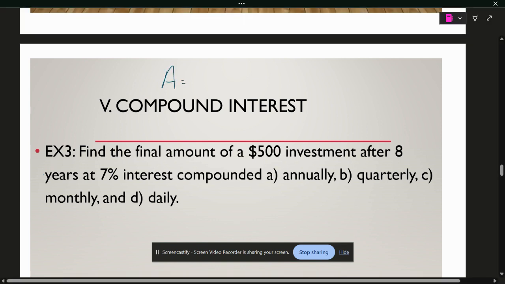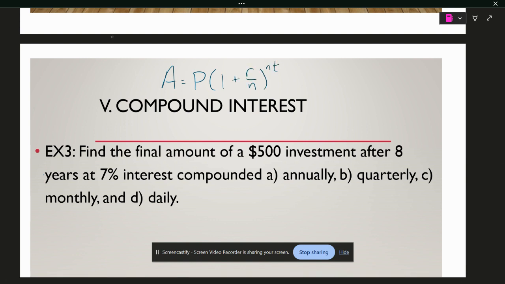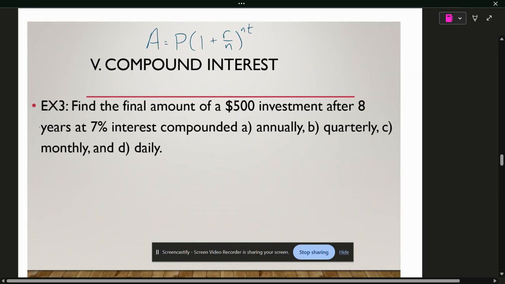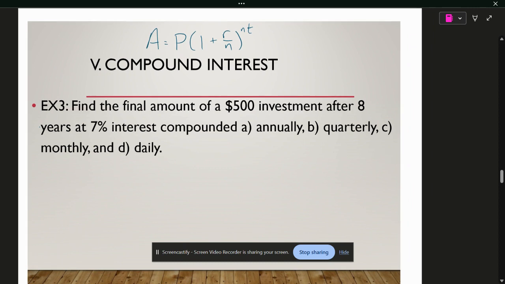Now, generally speaking, the more you compound something, the more money you'll receive. As you'll see here in this example, you can use your graphing calculator for this or any type of calculator that you have. But we'll take a look at example number 3. It says find the final amount of a $500 investment after 8 years at a 7% interest, compounded annually, quarterly, monthly, and daily. So really it's asking us for 4 different equations, kind of similar to the previous examples that we've had in class where they ask us for multiple things. This one is also asking us for multiple